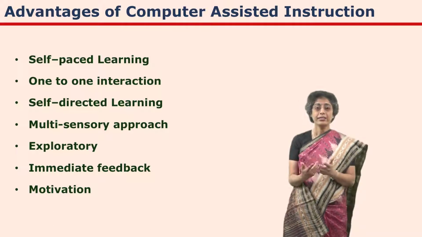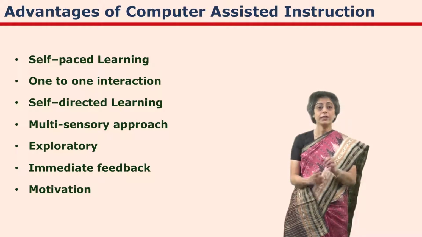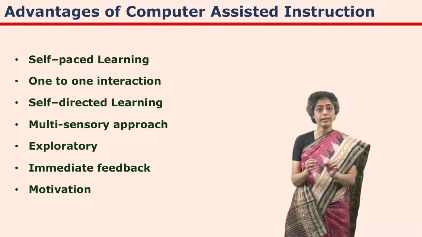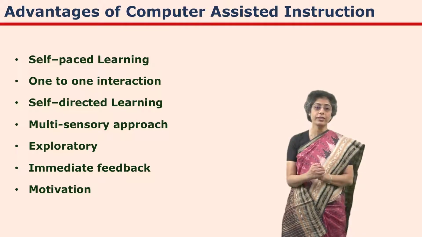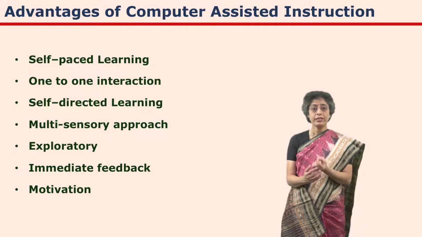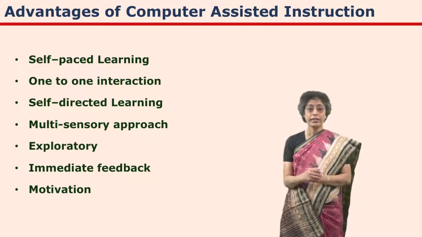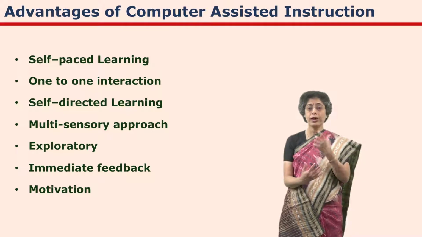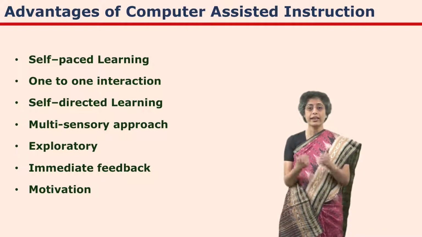In CI, the learner is active throughout learning. At every step, a response is sought and immediate feedback is given. Because of this immediate feedback, the learner exactly knows whether he or she is right or wrong. And this is how the learner proceeds with the learning sequence. The other benefit is motivation. Because there is immediate feedback, because there is multimedia, because there is self-paced learning, the learner is motivated throughout learning. It does not bring boredom, it does not bring the motivation level down, and that is why using CI is always